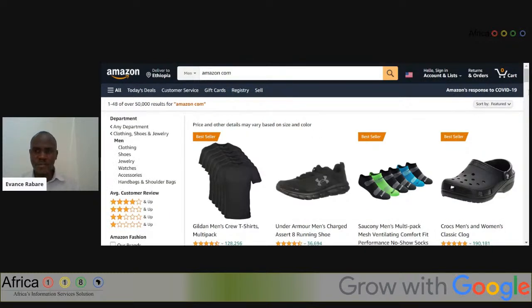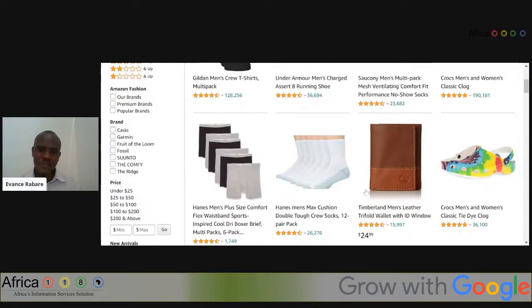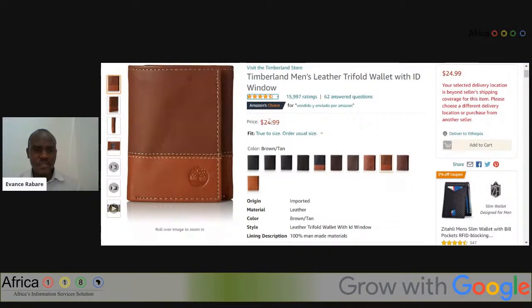When you come here, you're able to see a number of items, and then there is a bag. If I wanted to buy this bag, the Timberland men's leather bag, I will click onto it, and then I will just read what it is about. This is the Timberland men's leather bag. It has a rating of 15,997. And the vendor, I think this is a different language. So I'll just go to the size and look at the price. This is around